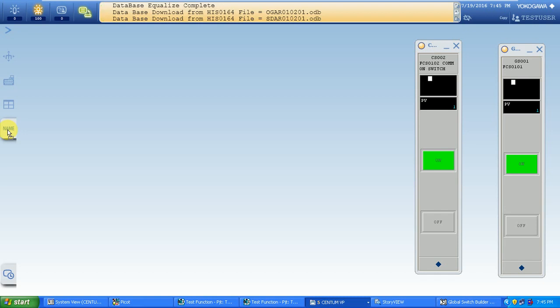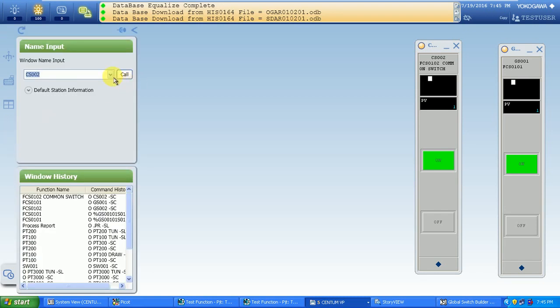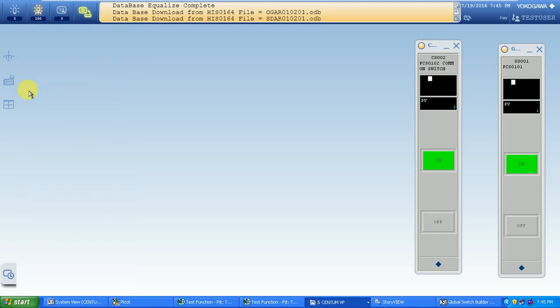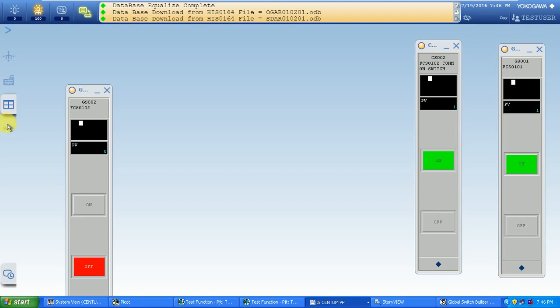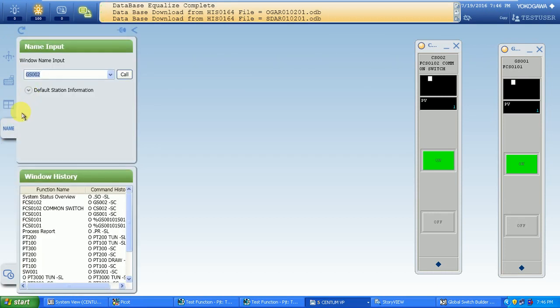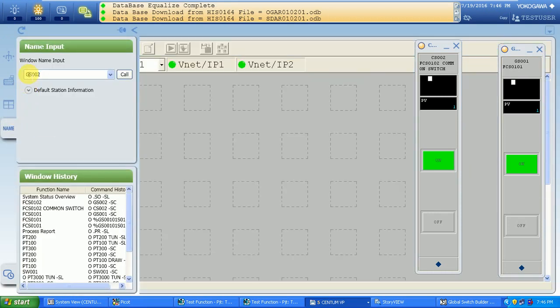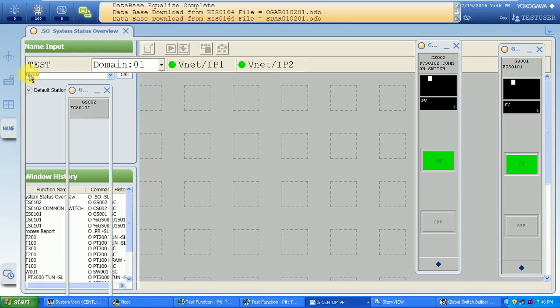Just check that this will work in the other direction. Open the global switch 002, and after that the global switch. Okay, what's happening?